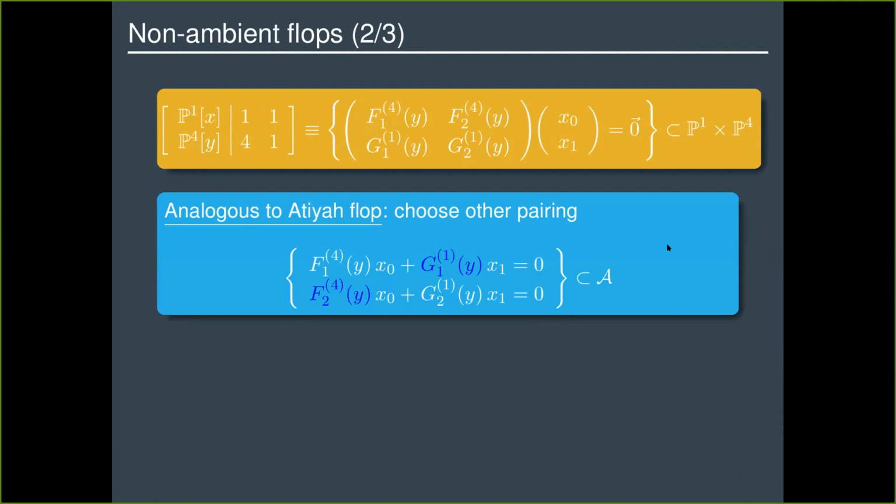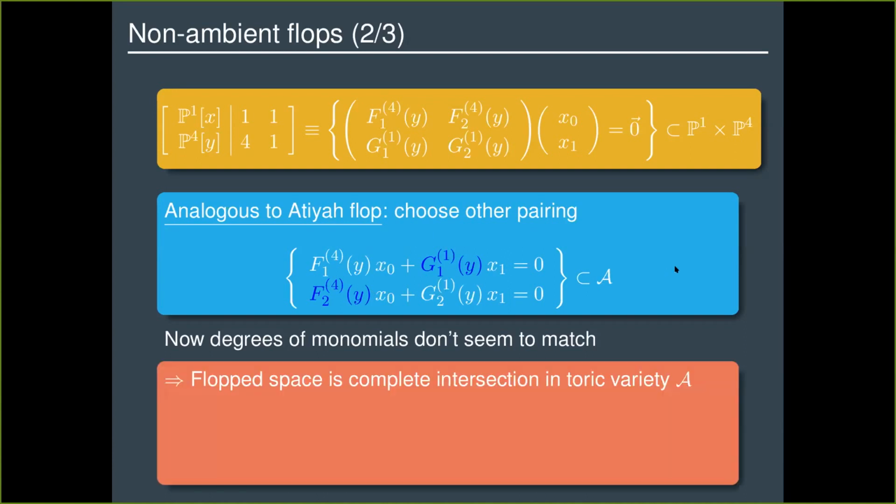So this is totally analogous to taking the different pairing of the 4 coordinates in C4 in the Atiyah flop example. But of course this looks different because these aren't just coordinates inside a C4, so the degrees of the monomials don't match up. This first term here has 3 more powers of y than this one, and similarly in the second one. So this doesn't look like maybe a sensible thing to do,